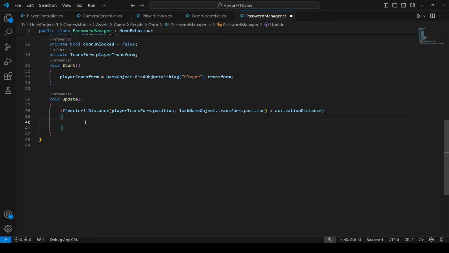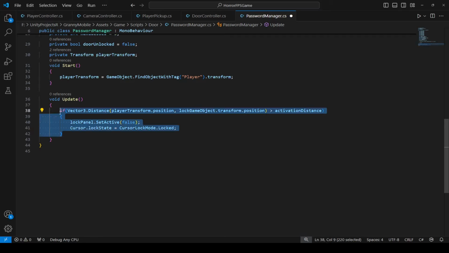Alright, so in order to do that, we will just simply say log panel dot set active, set it to false. Alright, and we're gonna unlock our cursor. Alright, so cursor dot lock state equals to cursor lock mode dot locked. Alright, so this is if the player gets away from the log panel, then we're gonna disable the UI part,